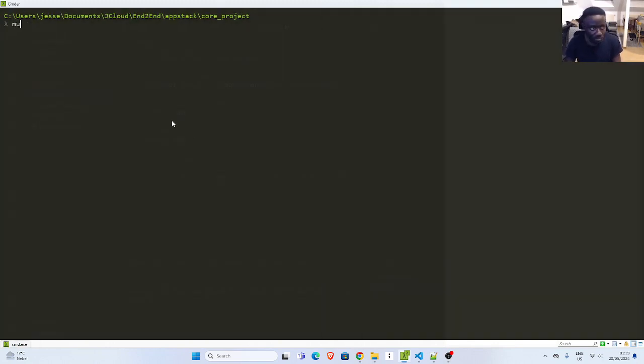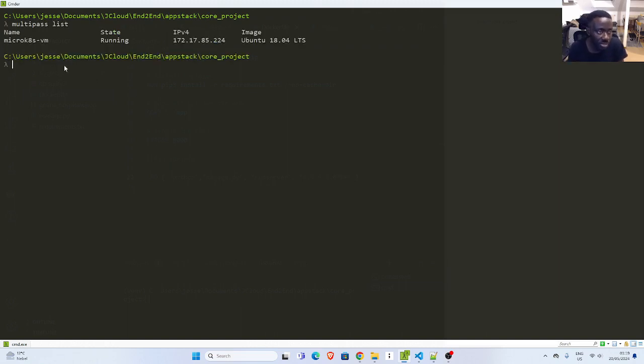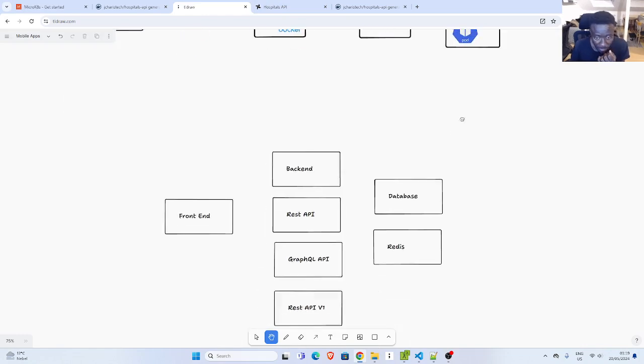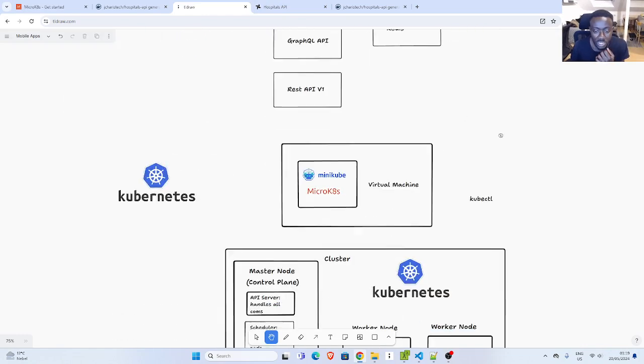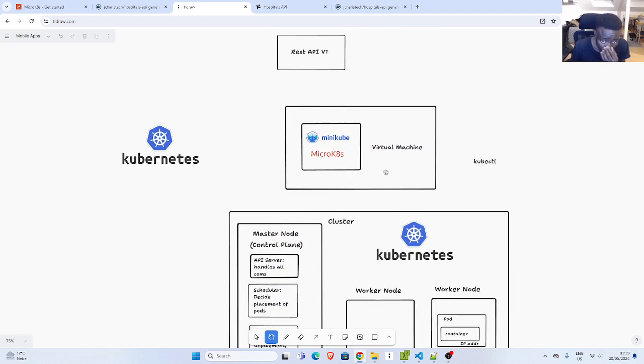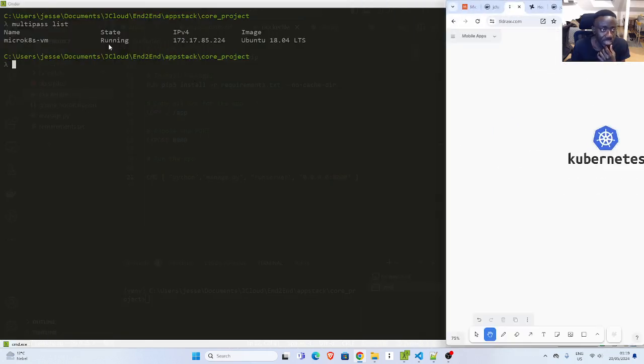Since I already have multipass, I can list my VMs, right? So I already have multipass and I've created a VM, based on the image I specified here. We mentioned that to be able to create your own cluster, you need a VM. A cluster is simply a VM. So how do we do that? We have to create a VM, right? And we have already created a VM with multipass. So in case you don't have one, you can install multipass. And then this is my